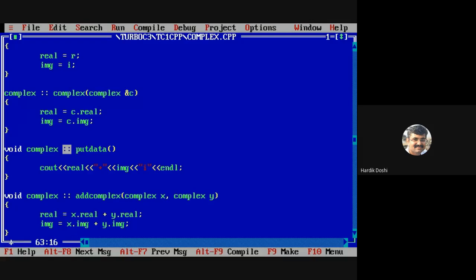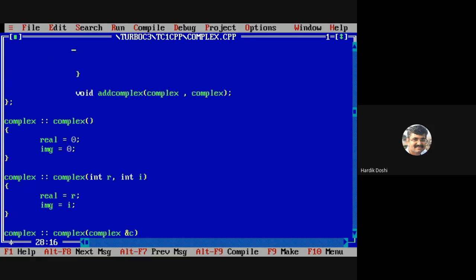Do you remember the concept of function with default arguments? What was that? If I don't pass some value, then it will take some default value. Same way, we can have a constructor with default arguments.